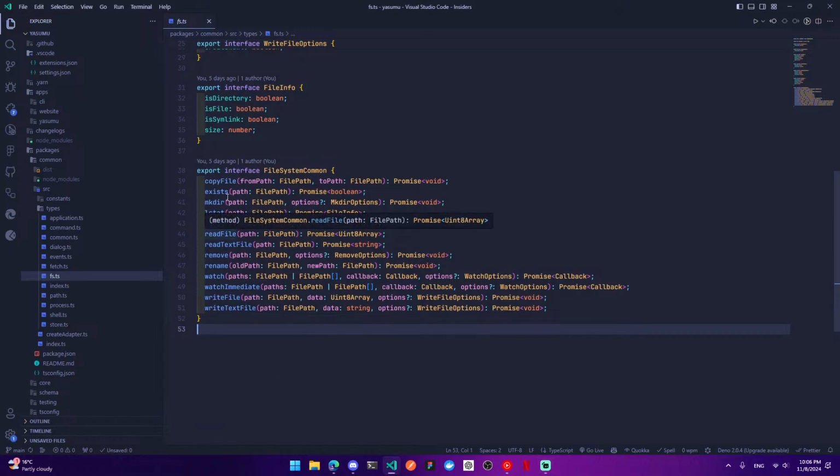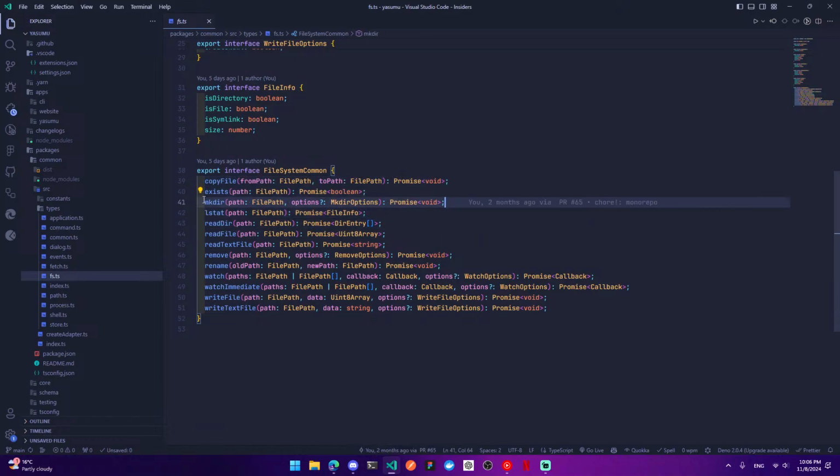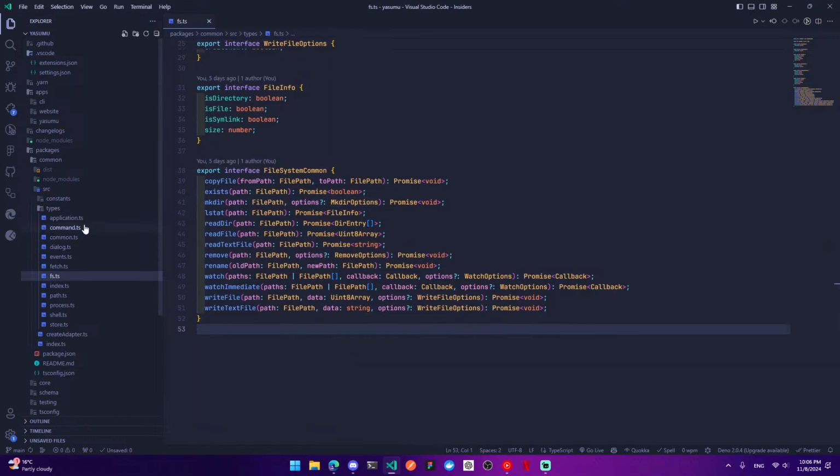for example, this is the type definition for file system API. We have the ability to make the or whatever else. Oh, didn't mean to do that. Okay, so